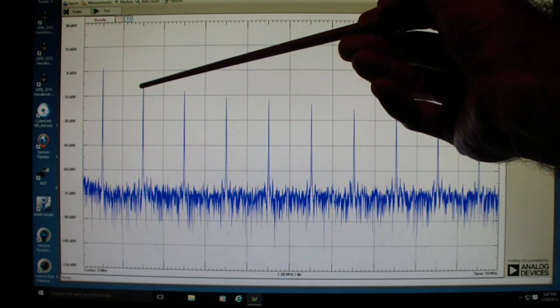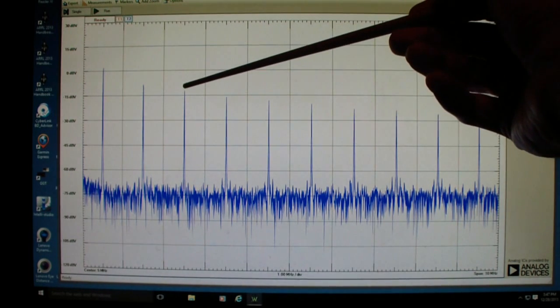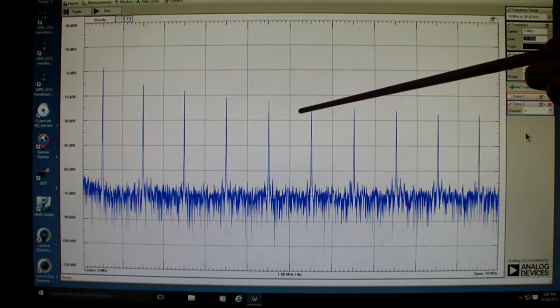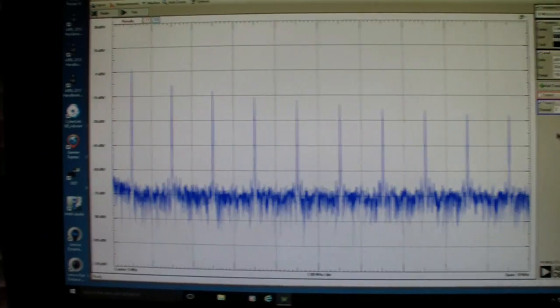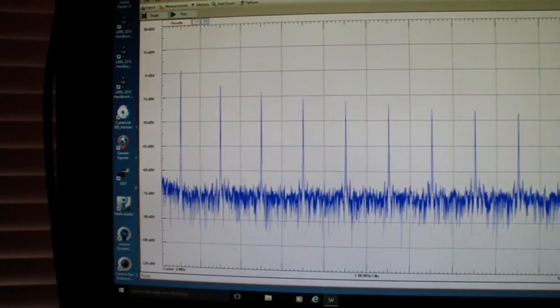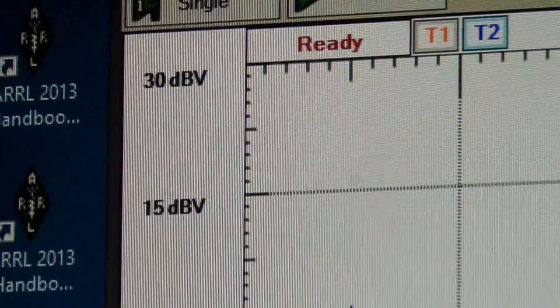This is the third harmonic, which is at 1.5 megahertz, and so on. And you notice that each harmonic diminishes slightly in frequency. Once again, on the left, you have amplitude, but it's in